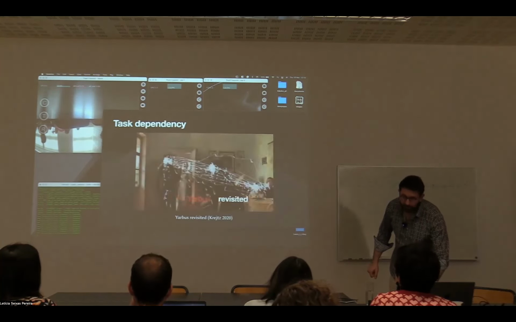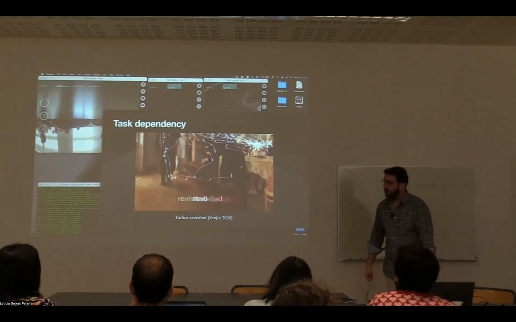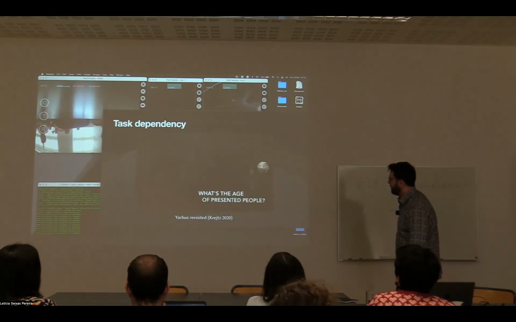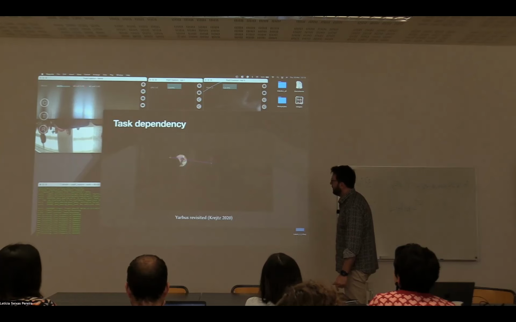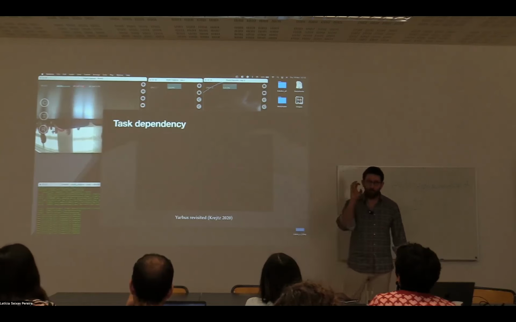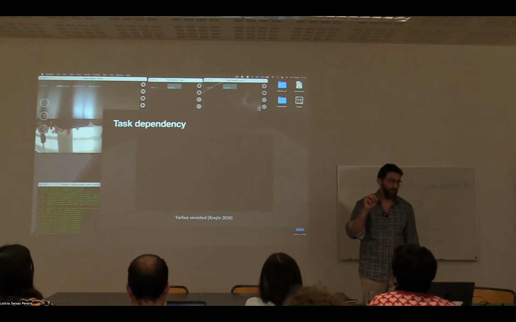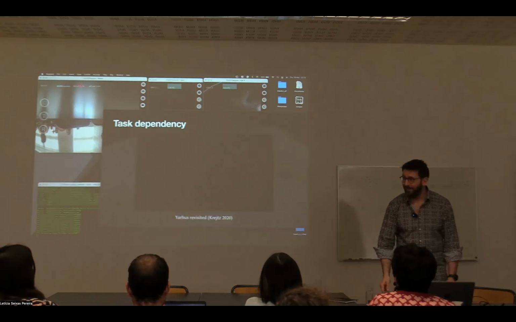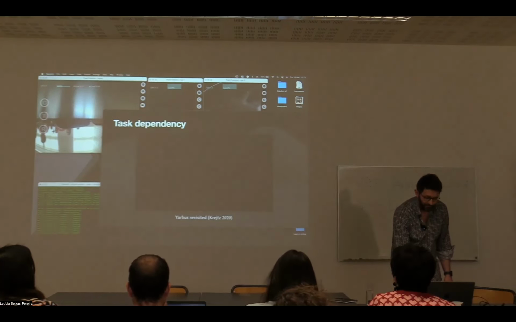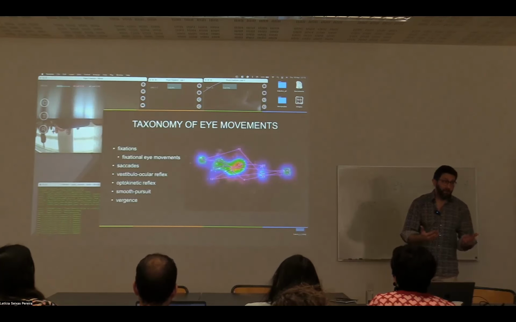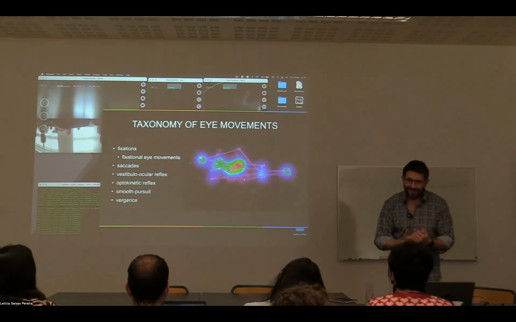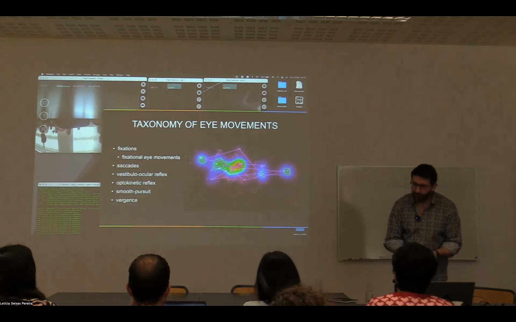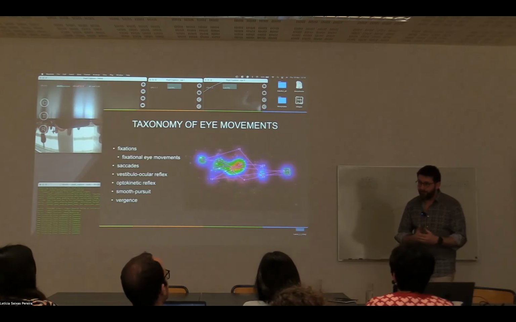We replicated Yarbus's findings on a few of our students, and we asked the student how old the people are, and you see his or her gaze path. You see that it focuses mainly on faces. So when we want to recognize the age, we have to focus on faces, and it's just reasonable. So what do eye movements represent? They represent what you ask for.